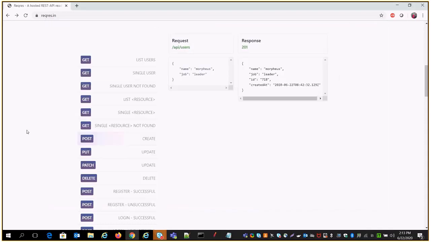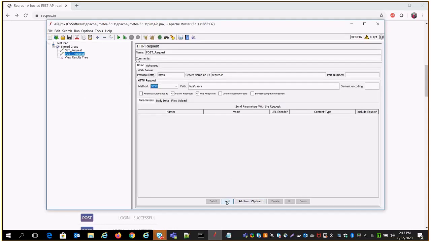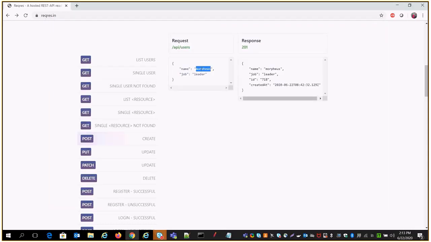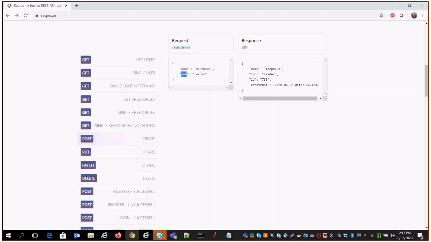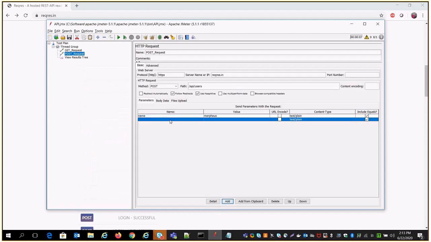Now the main thing is that on the post request there are 2 parameters also being passed. Once you pass those 2 parameters, you will get the response there, and the response code mentioned there is 201, and that is the response we will get in text format. So those parameters also we need to pass there. So how can we pass those parameters? Just go to the add button, click on add, put the name as name, and the value, just paste it there. Now the next parameter is your job. So again click on add, put the name as job and the parameter value as leader.